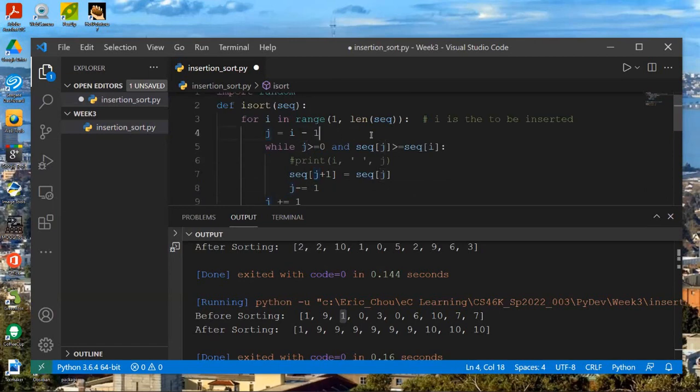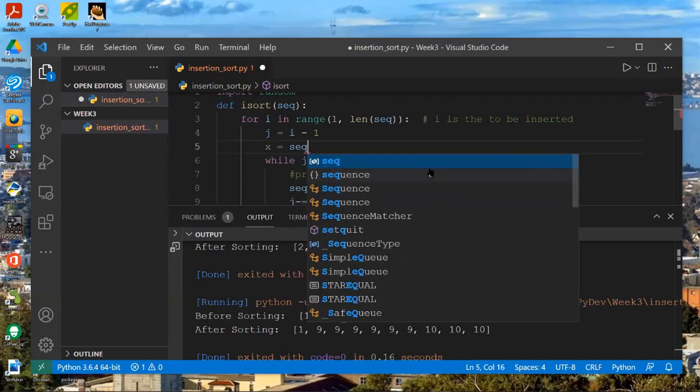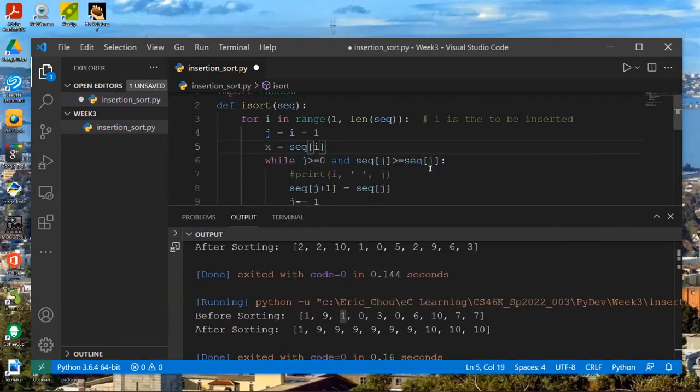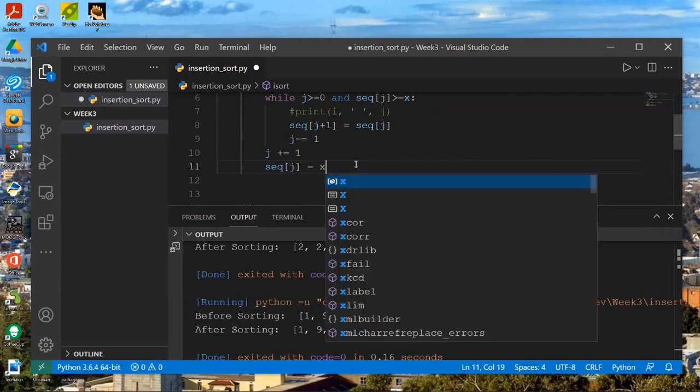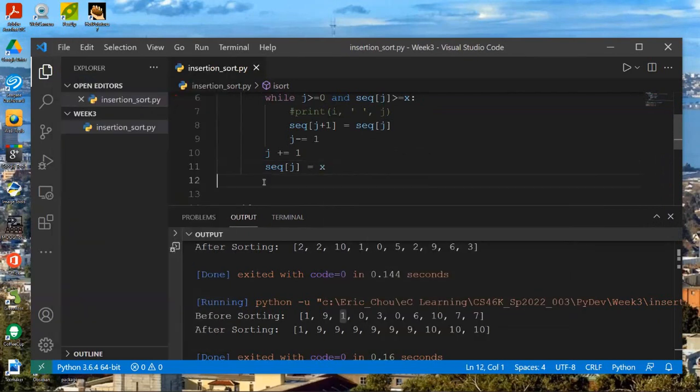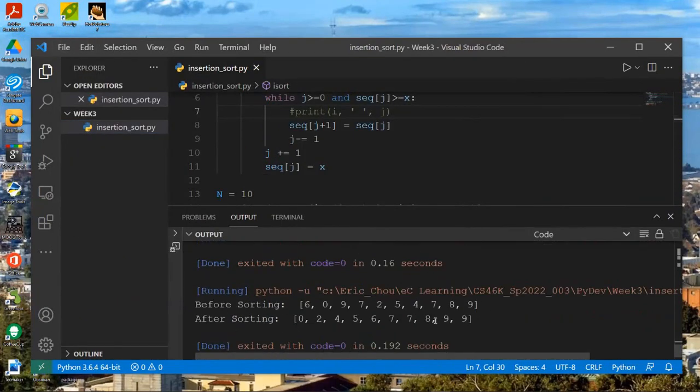I'm sorry. Here, this one, we would do this. Your I will be overridden. So here you should say X. You should use X of I, because your sequence I may be changed. So here you should put your X, and here we actually put the X, instead of using the sequence I, because with sequence I, the shifted data would override it. This gives us the shifted insertion sort result.